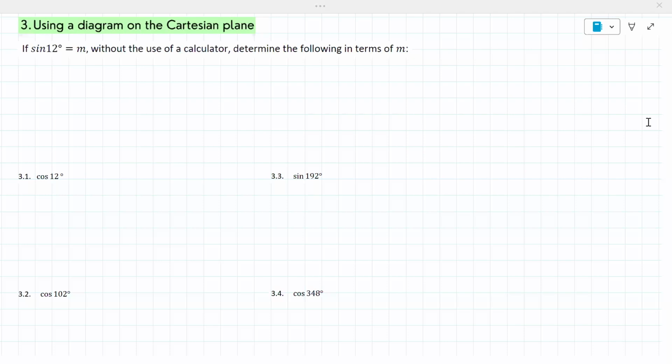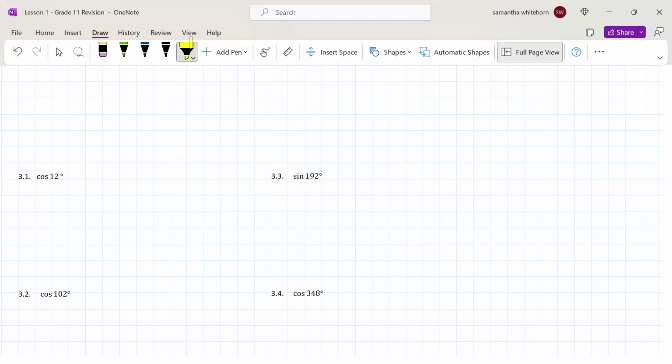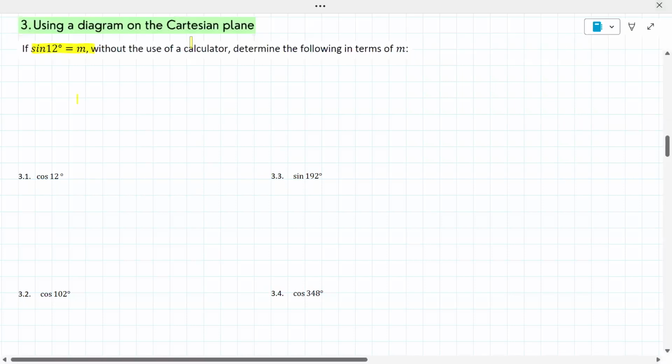So we've been told if sine 12 degrees equals m, without the use of a calculator. Now, generally speaking, we always say without the use of a calculator. It's either going to entail special angles or you're going to be able to work it out because you've used your Cartesian plane correctly. Without the use of a calculator, determine the following in terms of m. Now, grade 12, the second you get a question like this, where I give you a ratio and an angle equals m, p, a fraction, whatever,